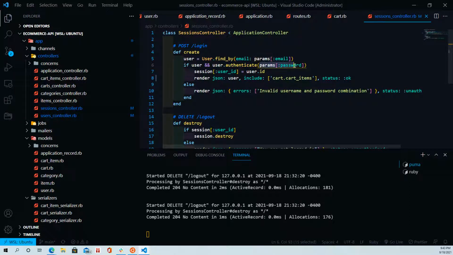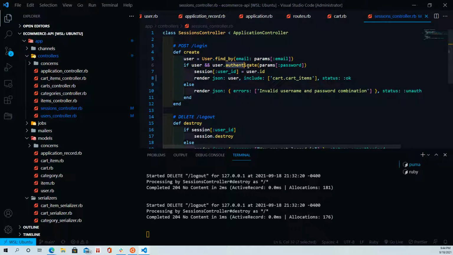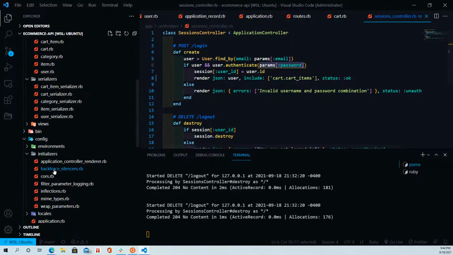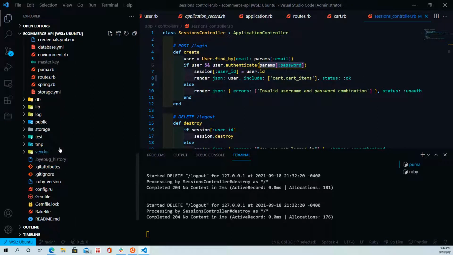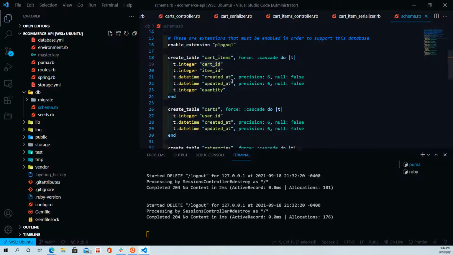the password is actually correct, or it matches, thanks to this authenticate. We get to see if the password that was passed by the user is authenticated. And what does that mean? So this password needs to match the password. It has to match the password